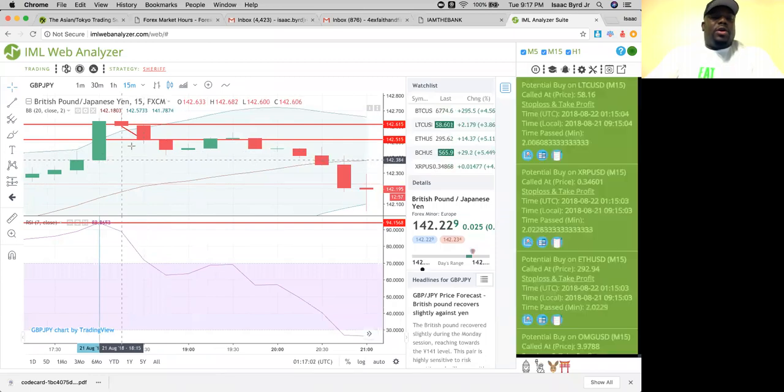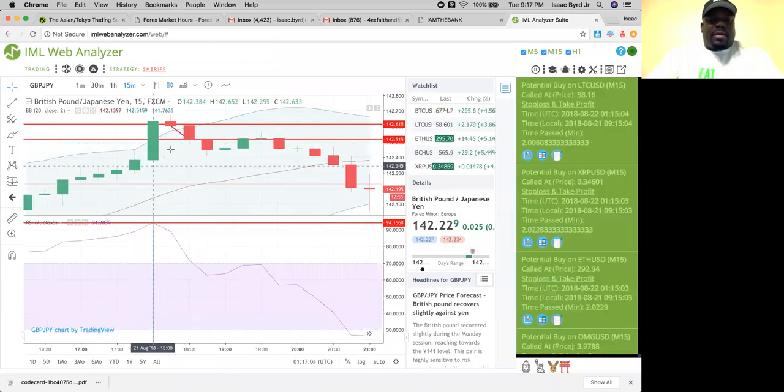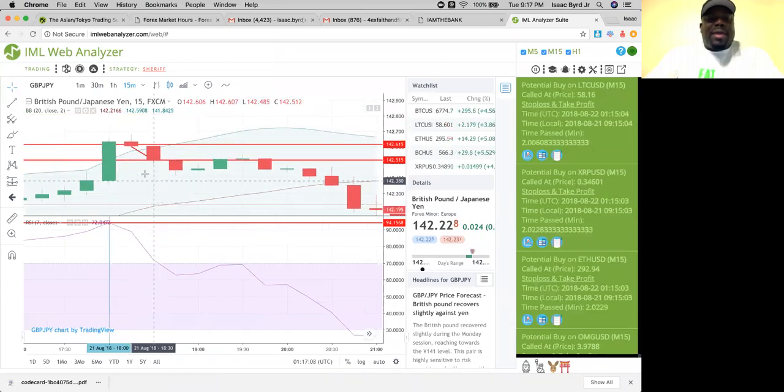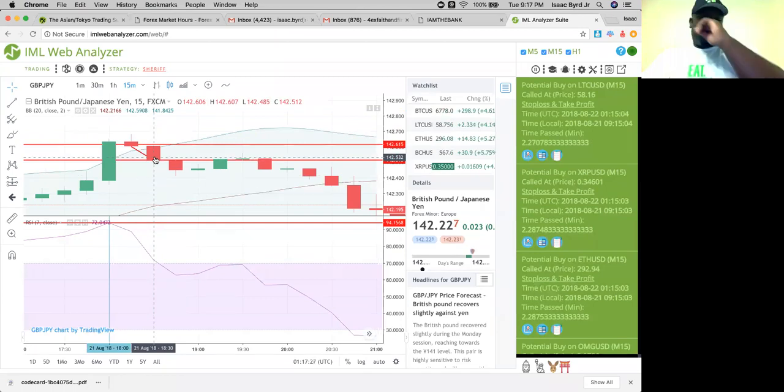I think that's what is really cool about this: you can make a lot of money on these scalping tools. And this is not getting bigger like I want it. You can make a lot of money really quickly on this because from here to here is 15 minutes. 15 minutes, 10 pips, very quick. And I measure everything in pips and not dollars. There's a reason why I do that. If you get caught up in dollars, you're going to be chasing after the dollar versus knowing where your pips are. It's going to be really hard to do that. I mean, you can get to that point, but I don't suggest it.